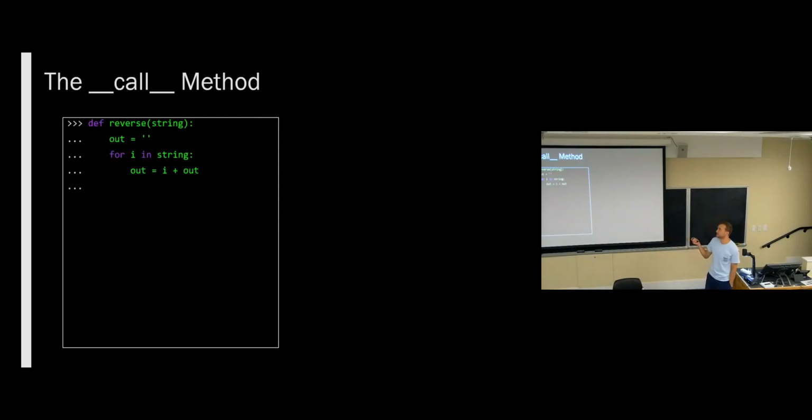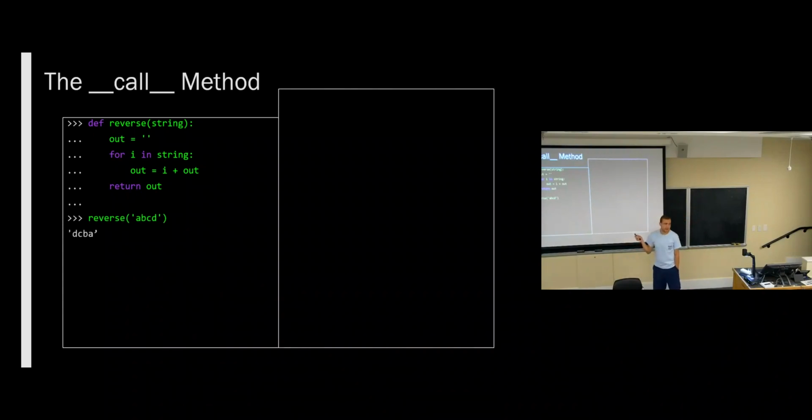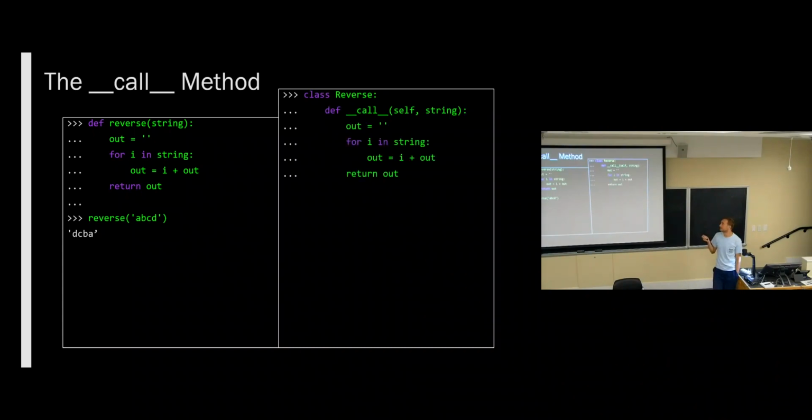So let's take this example. This is exactly the same reverse function that was in the first slide set. And it had problems, and we identified those problems, but just copying and pasting it, it works exactly the same. We can rewrite that function with a class. And then inside that class, we write the dunderCall method, and we do exactly the same thing. And now, to use our new version of this reverse method, we instantiate our class. Now we have an instance of our class. And then that thing is a function. So we can call it. And it works exactly the same.